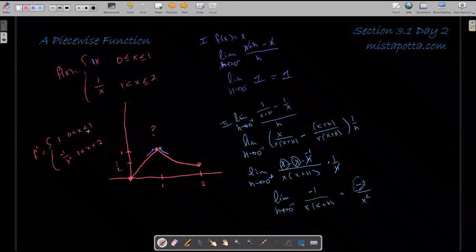But notice that I'm ignoring this case where x is equal to 1 because the limit does not exist